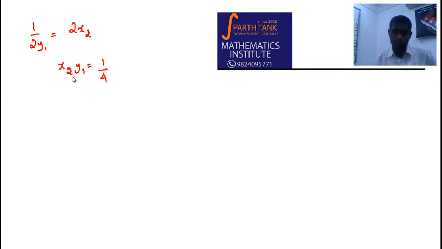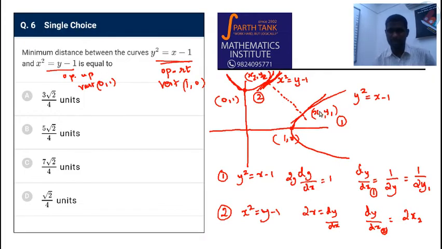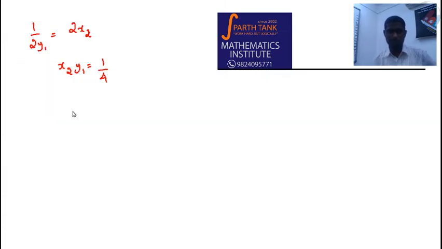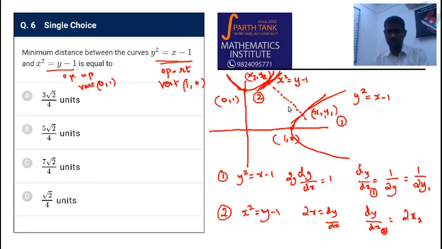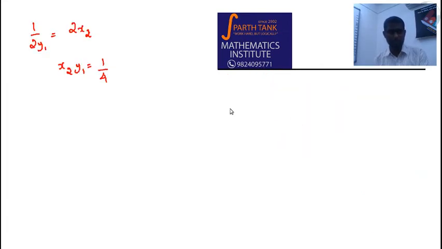Now how to solve for both x2 and y1 from this? We use the argument from symmetry, that these two curves are symmetric. Rotate this by 90, you get this. Okay, so we use one more assumption, that x2 in this curve should be the same as y1 in this curve. Same way, y2 in this curve should be the same as x1 in this curve. So using that, if you say x2 should be equal to y1, you get x2 is 1 by 2 and y1 is also 1 by 2.